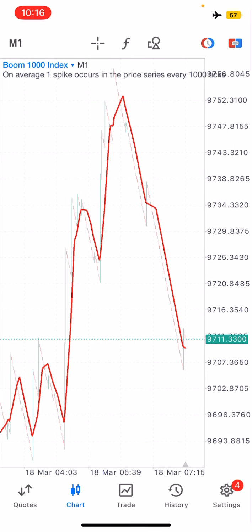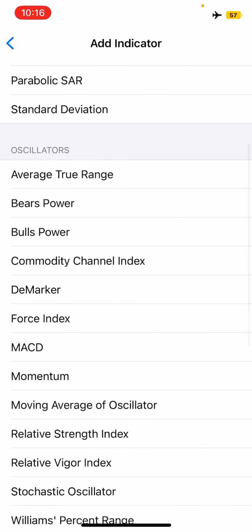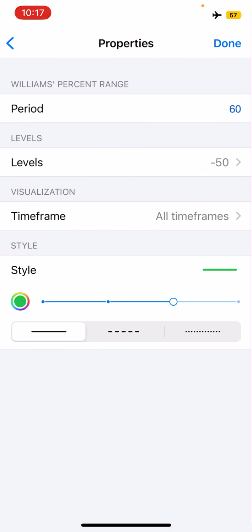running across our chart. Okay, the next and final indicator that we need is the Williams percent range, and we find it under oscillators. And if you know English, oscillators means oscillations, it means cycles. So it means this indicator is going to show us cycles, right? So the Williams percent range is right here, and it is going to have the following properties: a period of 60